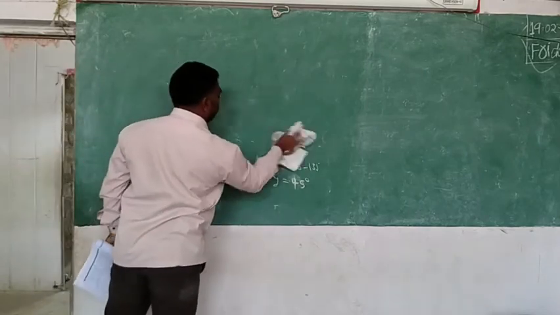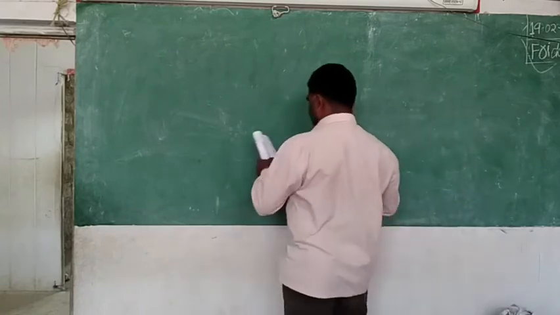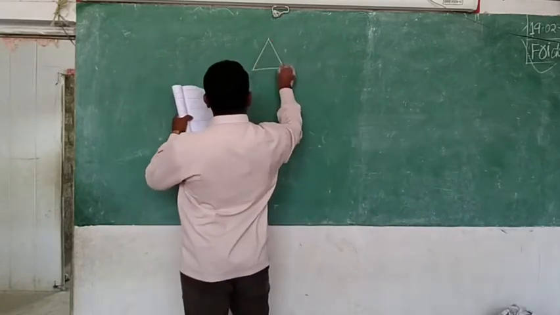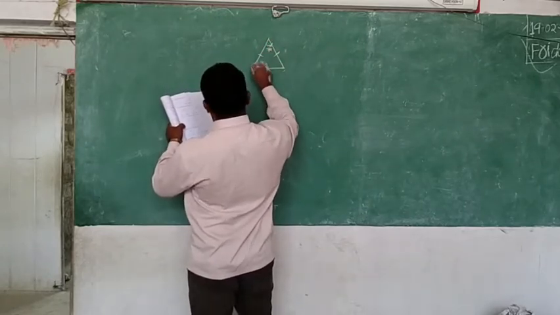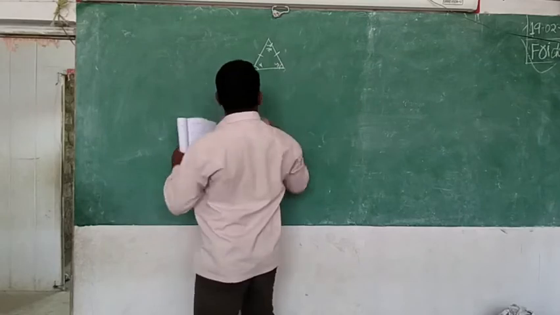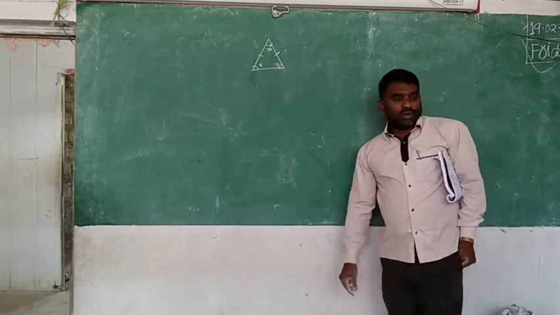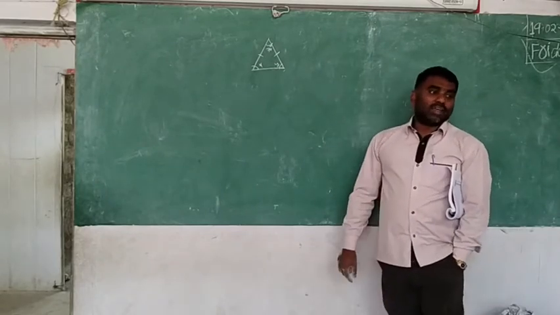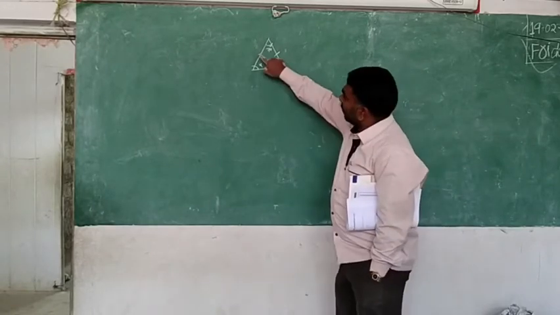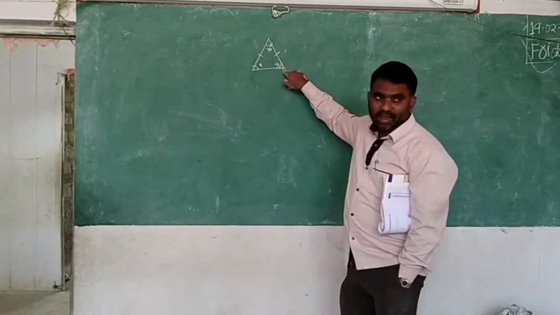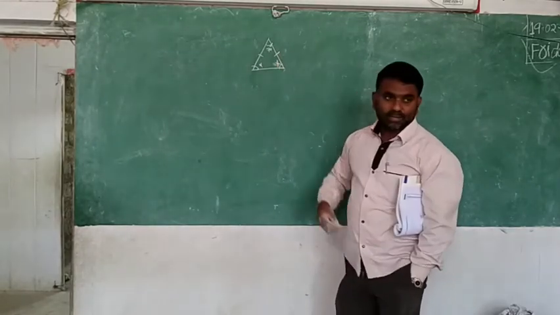Here all the properties will be useful to you. What is the first one you see? This is the triangle. 70. This is x, this is y. How do you find? Two unknowns, at a time you can't find. Why? Because you know the property: two sides are equal, then opposite angles are also equal. That's why y also becomes x. Then you can find it.